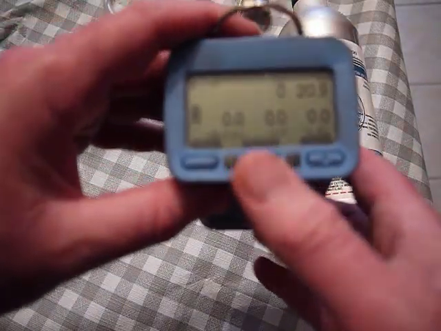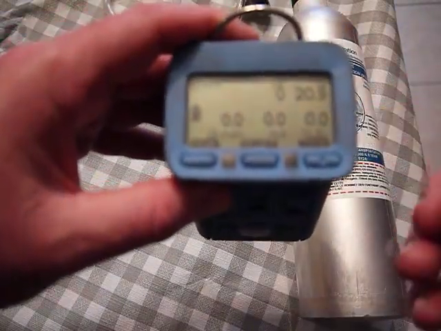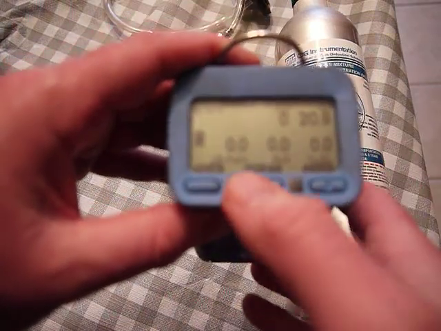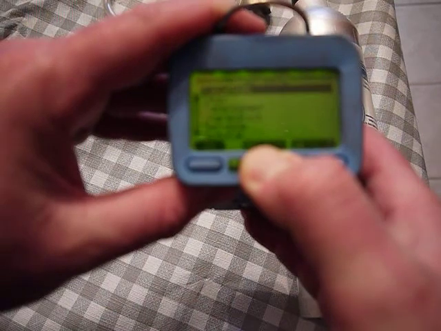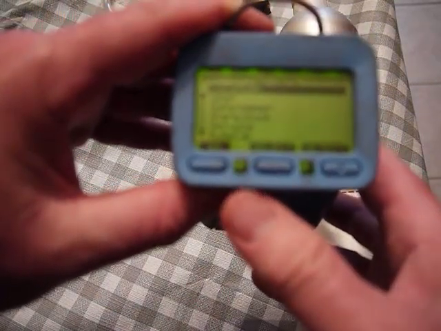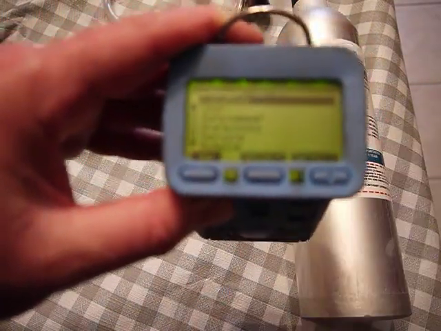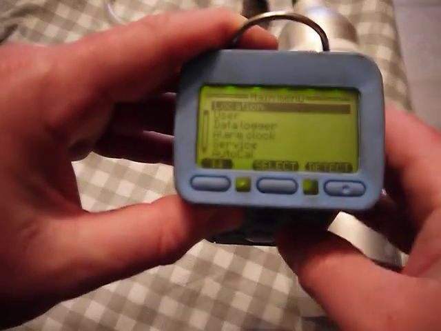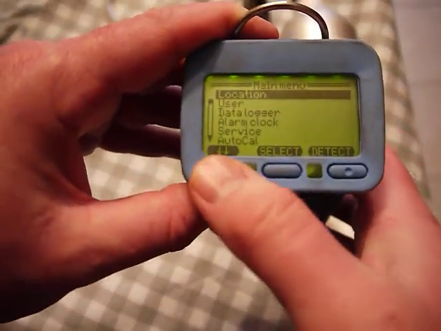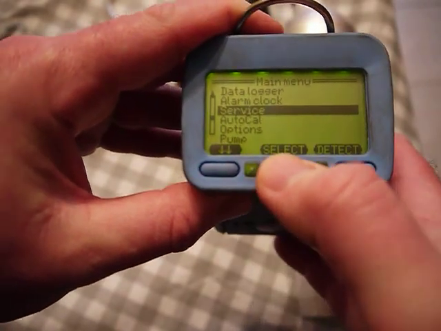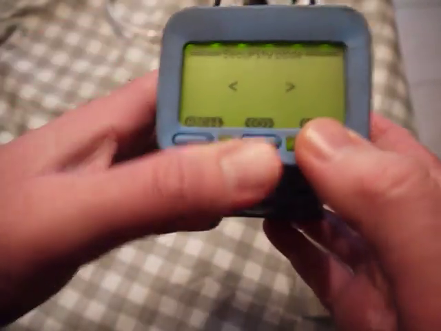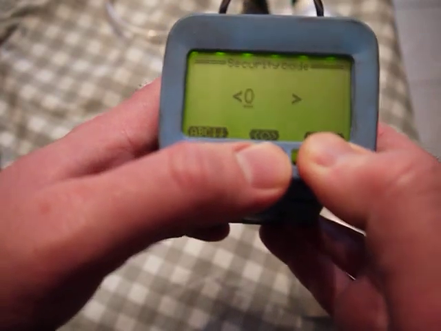So if I want to tell the meter what my calibration gas value is, I would hold down the middle button. Okay, and it's going to go into the menu, the calibration menu. Okay, and so I go down to service and hit select. And I'm going to use this code